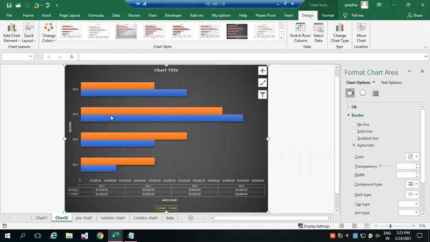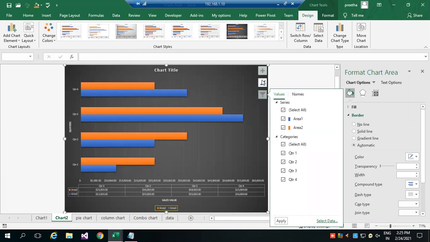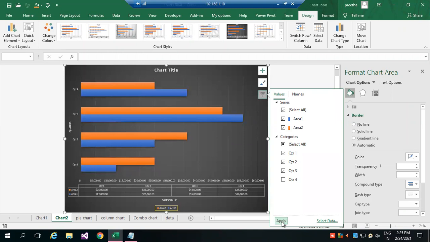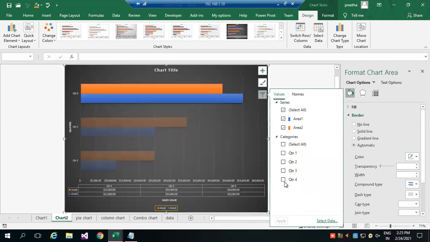I don't want to show all the quarters, all the data. Only for the third quarter, I wanted to show the comparison to the audience. So what I'm going to do is filter. Here there is a filter tool. I don't want to show for all, so I'm selecting only quarter 4. Deselect all, quarter 4, apply.